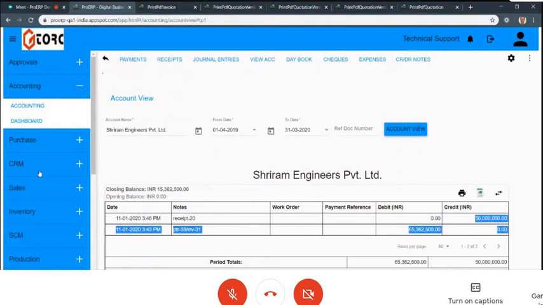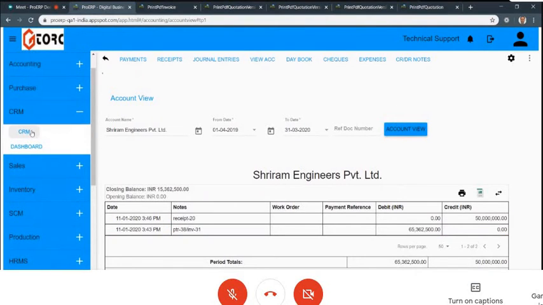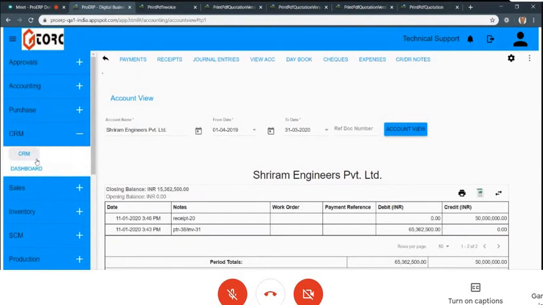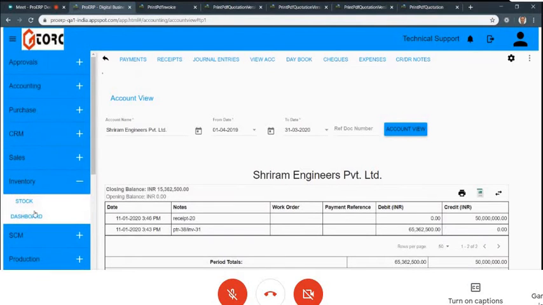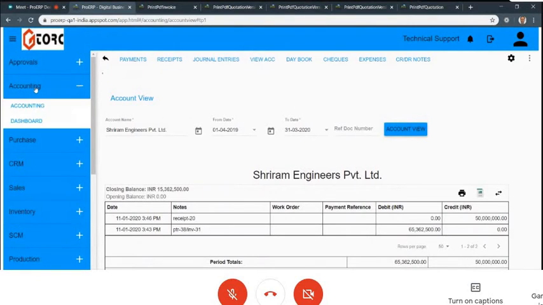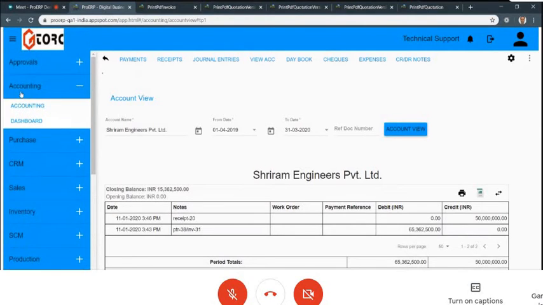So let me summarize at a high level what we did. We saw how inquiry leads can be done, how we can get different reports, how we can convert them and send the quotations also. Then we can convert that to a customer and come into the sales module. Then we also did a sales order there, delivered the material against it and added a delivery statement there. And then I created an invoice from sales and it came into accounting. So this is how almost all modules, CRM, sales, inventory, and accounting, are linked to each other automatically.